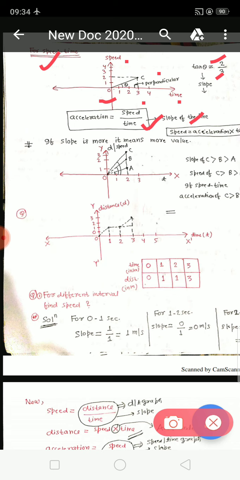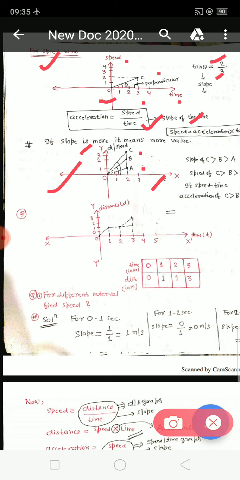I think it's clear. Now the question is a little bit more complicated. I will try to make it very easy. Suppose there are three objects A, B and C. So for three objects, the distance time graph or speed time graph has been depicted here. In this graph, time has been depicted on the x-axis and distance or speed, anything you can depict on the y-axis. So I think coordinates are very clear to you. What is a coordinate? It is x coordinate, y coordinate. I will use it in my further lectures, so kindly revise it on a day to day basis.